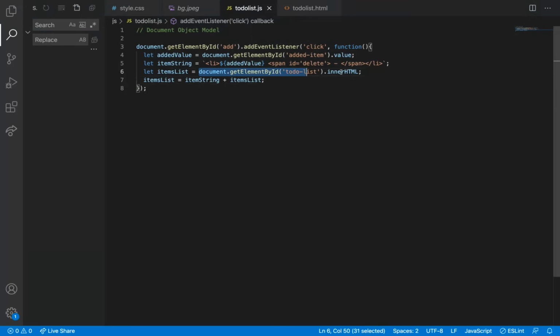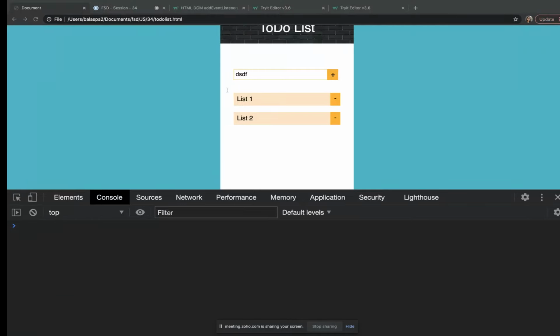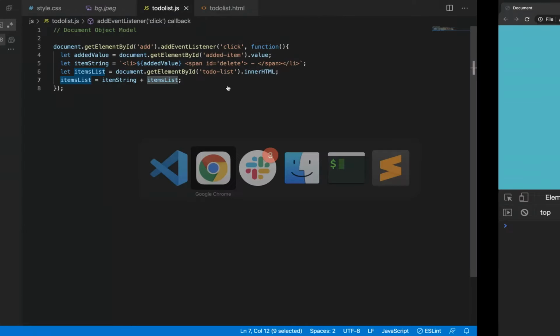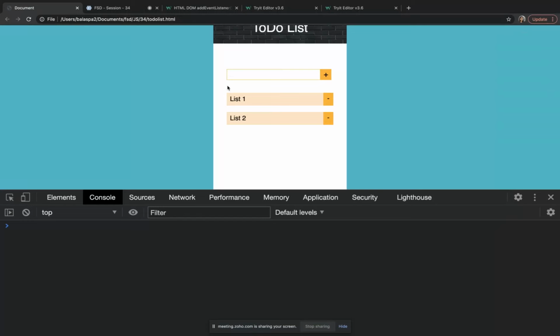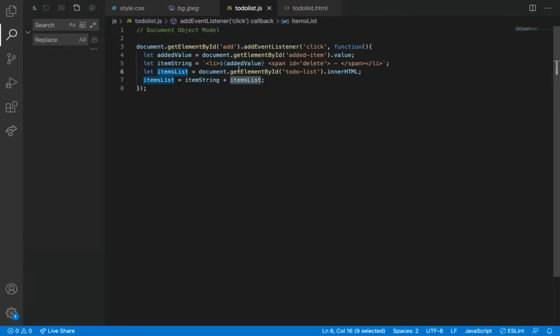Let me do this. innerHTML equal to item string. Yeah, this should work. Okay, let me console it and then let me check.